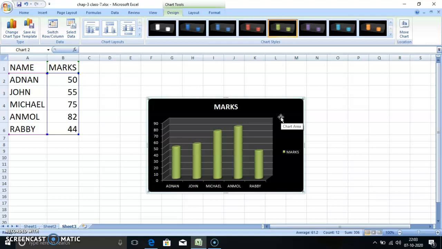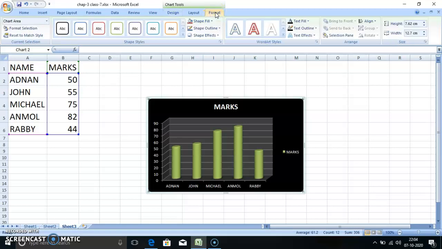Now the next tab is our format tab. When we click on the format tab, here we can change the font size, font shape, outlines and many more things. Change color, effects. Click here.